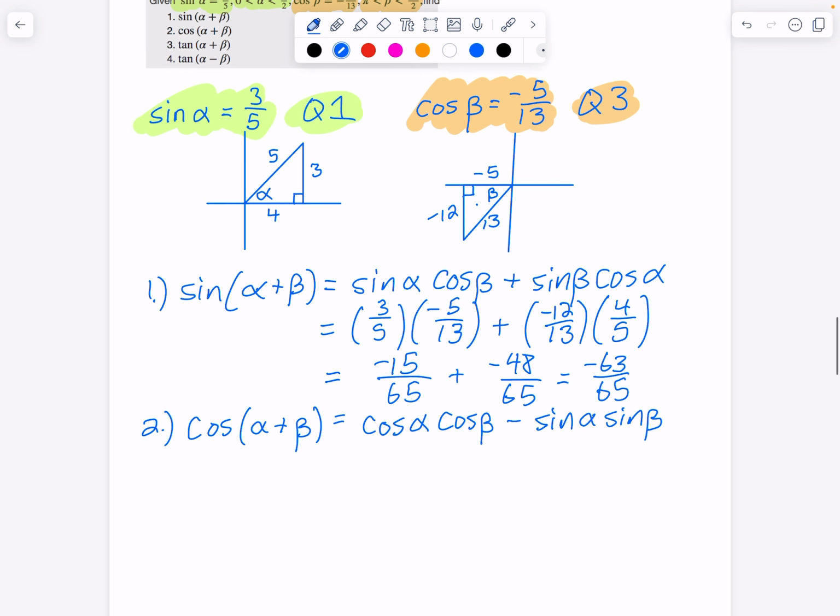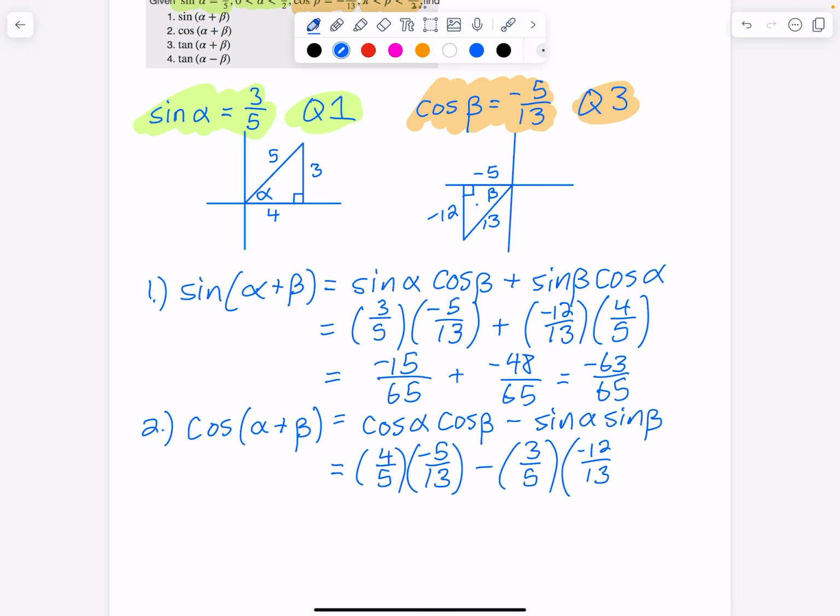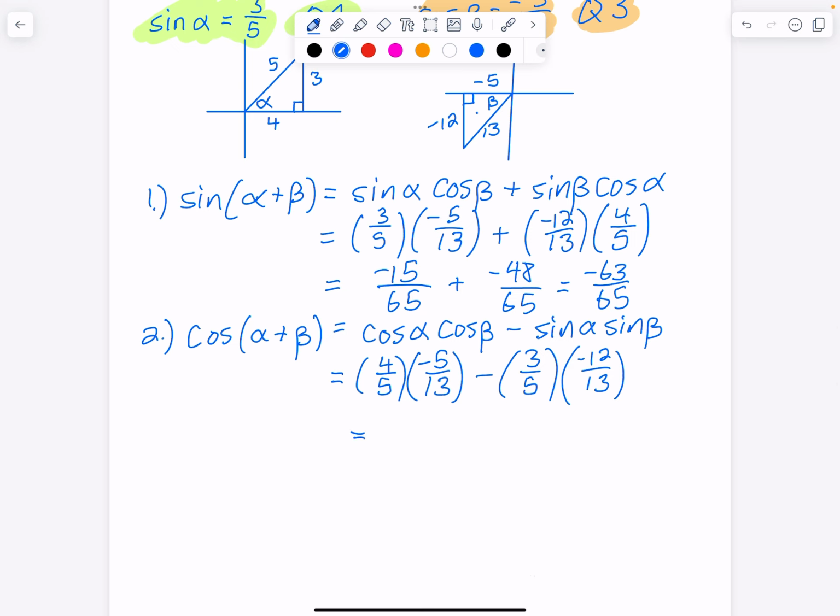All right, so I'm just filling in each thing now. Cosine of alpha, and I could grab these from the previous problem. I don't even have to go back and use the triangle again. I got 4/5 cosine of alpha. Cosine of beta is -5/13, so I'm just looking at number 1. Minus sine of alpha is 3/5, and sine of beta is -12/13. It looks like it's just going to flip some things around. -20/65. Minus, this is going to end up being a plus though. 3 times 12 is 36/65,